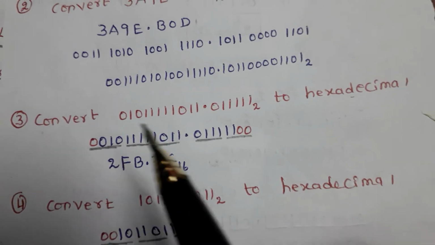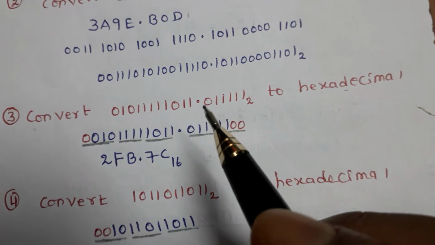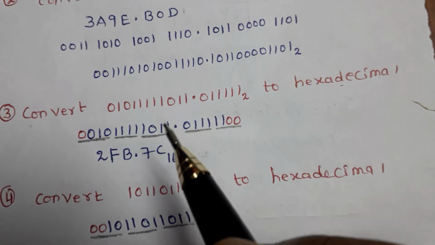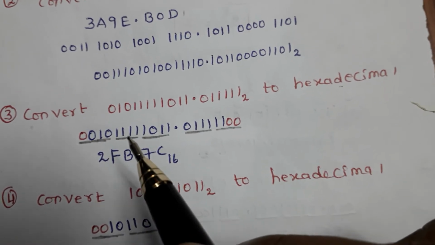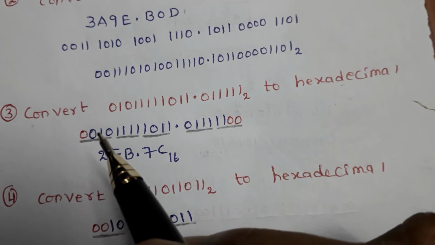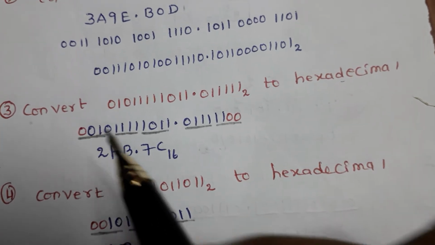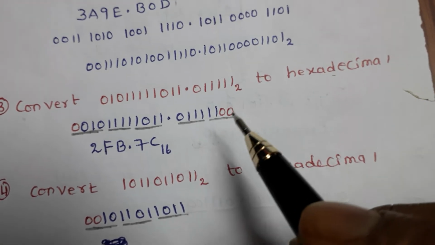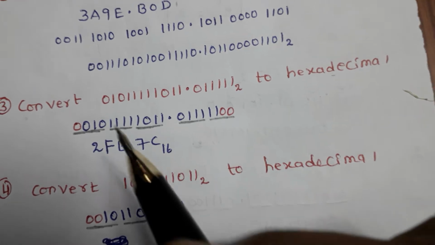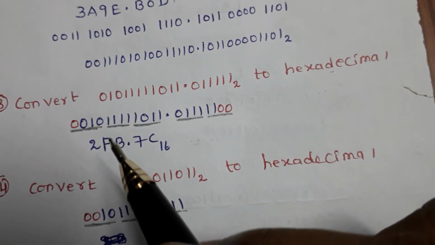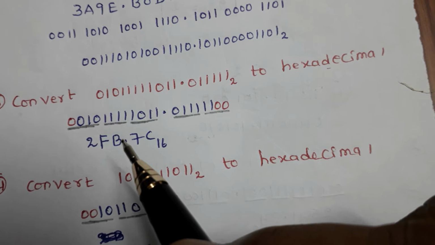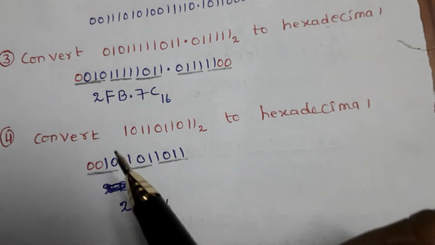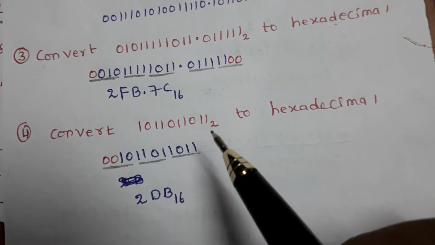Now if you observe, let us convert the binary into hexadecimal. We know that 4 bits in binary is equal to 1 digit in hexa, therefore I am going to club 4 bits in binary to get an equivalent hexa. In the last group, I didn't have 4 bits, therefore I have added an extra one. Here also, in the last group, I didn't have 4 bits, therefore I have added 2 extra since it contains only 2 bits. Now 0010 is 2, 1111 is F, then 1011 is B, point, 0111 is 7, C which is equal to 12, base 16. Now you do this example on your own, convert the binary to hexadecimal.